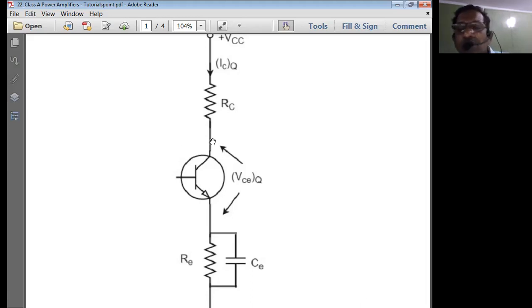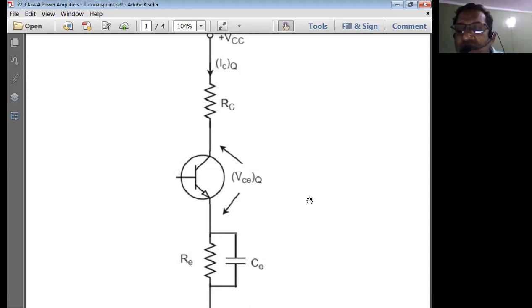Now to overcome this problem, what can we do? We can replace this RC by a transformer. Therefore, we can have a transformer coupling at the collector side. If a transformer is used at the output of the collector side of the transistor, then RC is going to be reduced. That means the overall output resistance is going to be reduced to 20 to 25 ohms. Therefore, maximum power transfer is going to happen, and because of that we achieve maximum efficiency and maximum output power. We'll see this case in the next class.